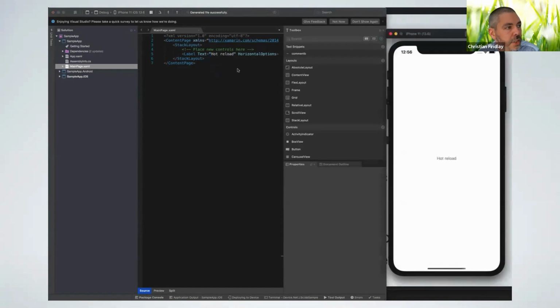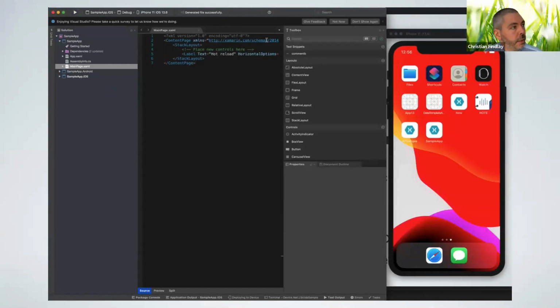And what we see here is the hot reload functionality. So you can change XAML, and on the fly that will get rendered into the application that you're debugging. Okay, we'll switch over to Android.